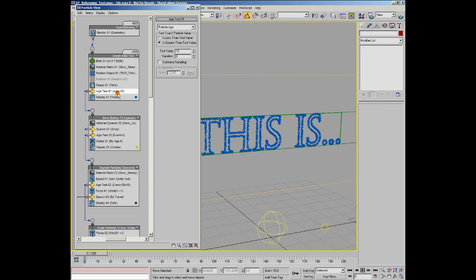Okay, so then we've got an age test. So when our particles reach age 10, this is completely arbitrary. In this case, it's just the way I want the effect to look. After 10